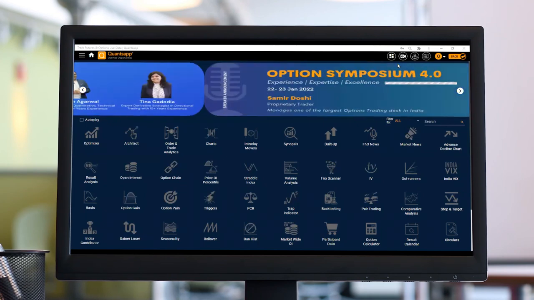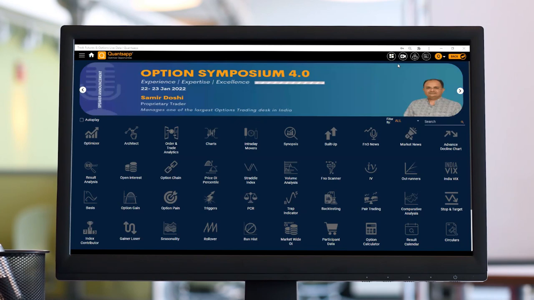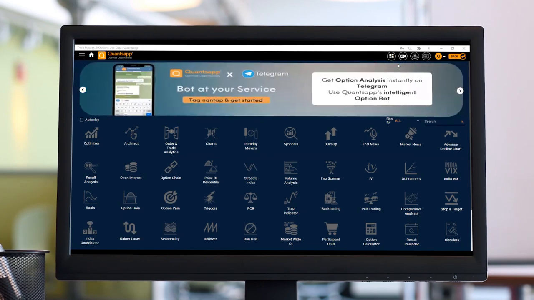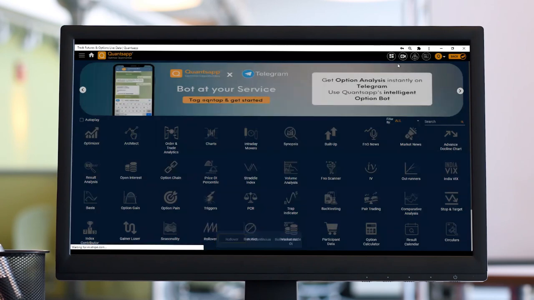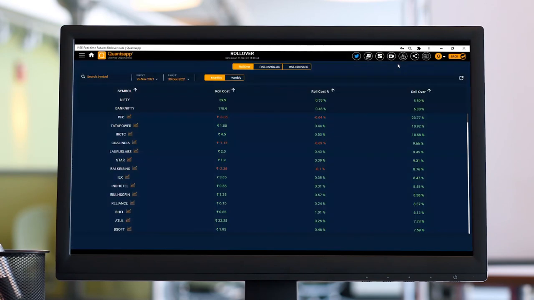Rollover is basically rolling over our current futures contract to the next expiry. Let's take an example: let's say I have TCS's November futures. I will roll over my November futures to the next expiry, which is December futures. That is as simple as rollover is. Rollover is nothing but the current contracts getting squared off and getting opened in the next expiry. So existing contracts getting closed and getting opened in the next expiry, that is what rollover tells us.